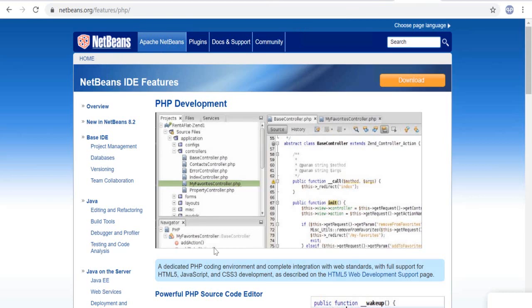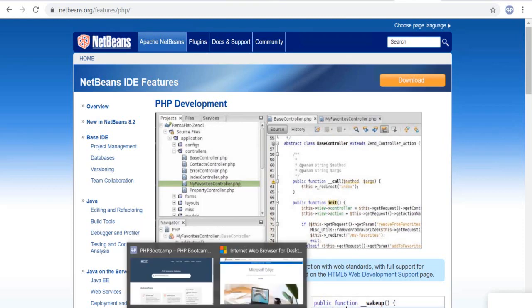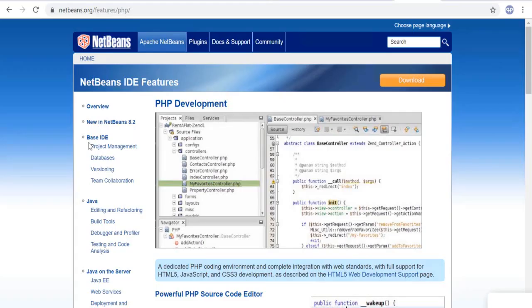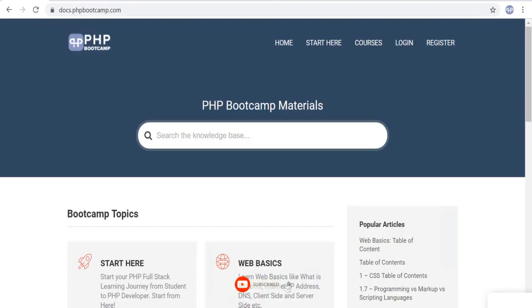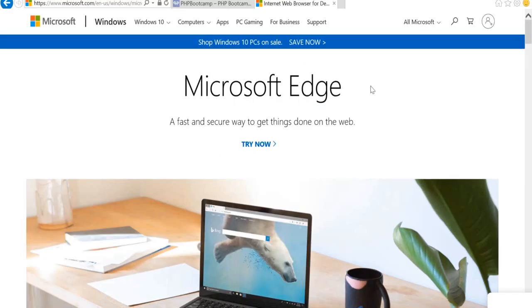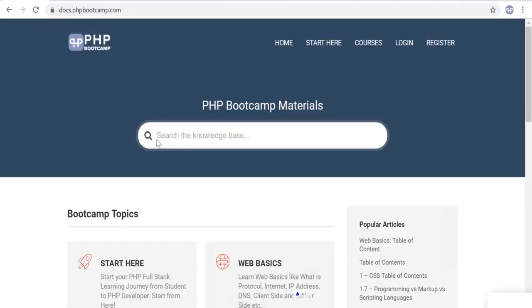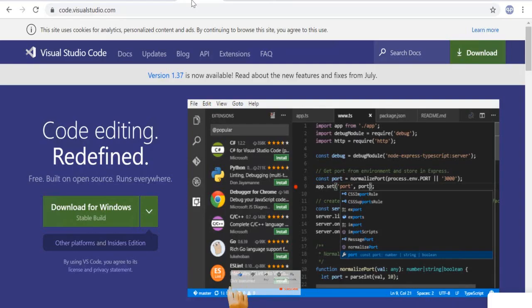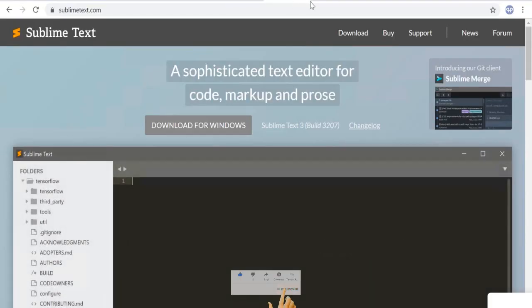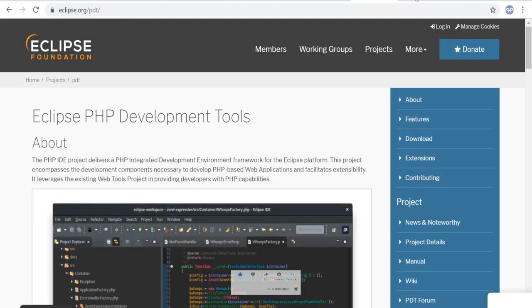Let's do a quick recap on what software you need. You need any one browser. You don't install all three, you need any one. It's up to you, pick one. You can pick Google Chrome, you can pick Firefox, or you can choose Microsoft Edge, any one. Then in terms of editors, you can have Brackets, that's what we'll be using. And then we have other options as well. We have Notepad, Visual Studio Code, Atom, Sublime, then IDEs where we have PHPStorm, then Eclipse IDE and NetBeans IDE.